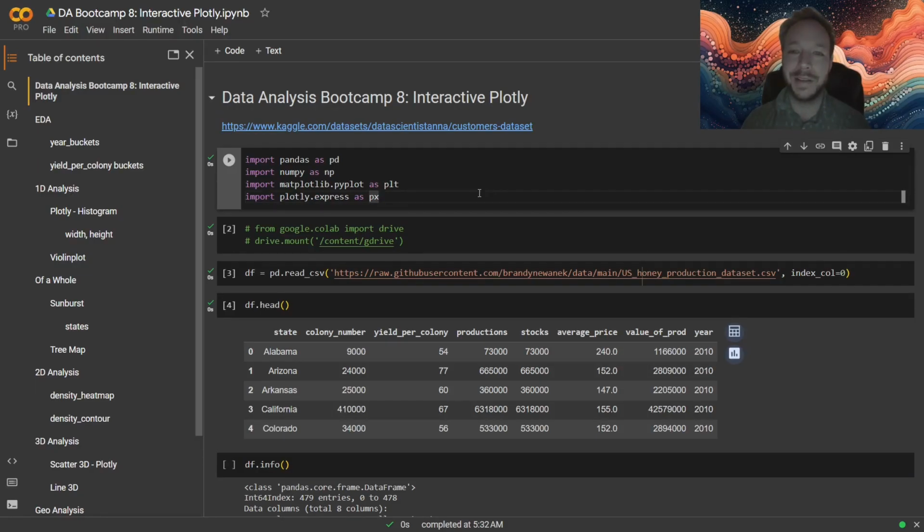Okay, getting started with our data analysis, our Bootcamp 8, the Python section. I'm going to go over how to use Plotly. Okay, so getting started with our standard data science libraries. And here we have